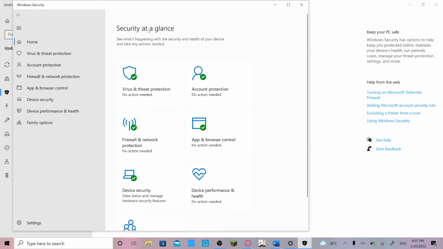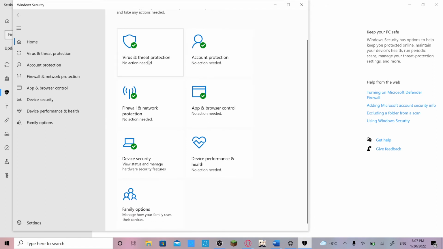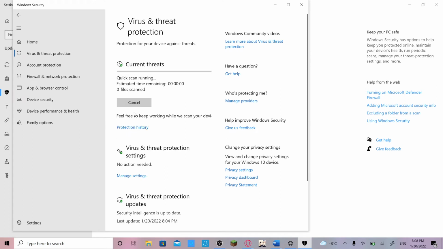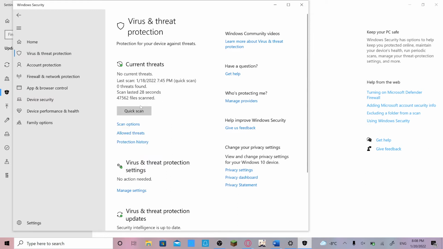and then you can just roughly check here, like virus and threat protection. It'll just say no action needed for everything. And then if you want to scan, you should scan once in a blue moon. Just click quick scan, and then it'll scan every single file that you have on your computer and check if you have a virus. So yeah, it'll take a while, but it's worth it. So I'm just gonna cancel that now. But yeah,